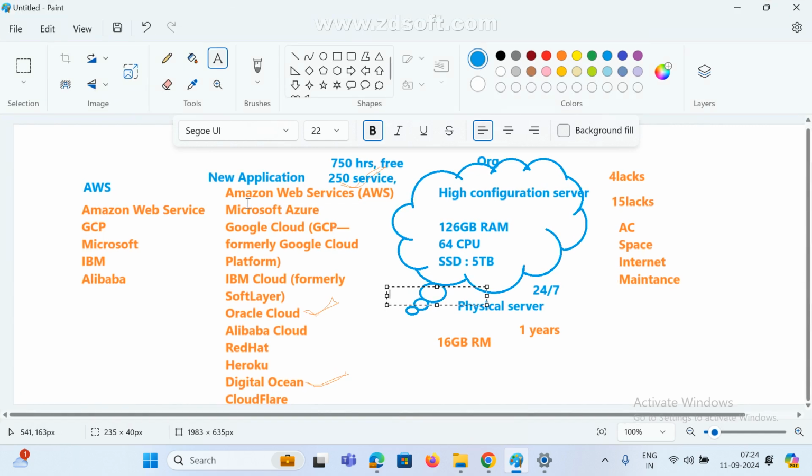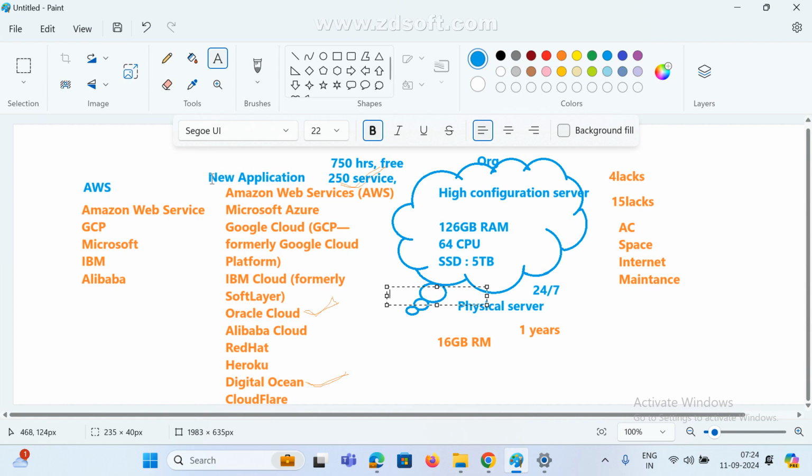Why do you go for this cloud, right? If you want to buy any item, first you compare multiple products from multiple companies. For example, I want to buy a laptop. There are many brands available, HP, Dell, many companies offering them in the market. We compare the brands, see which is suitable and which is better, and then we buy.